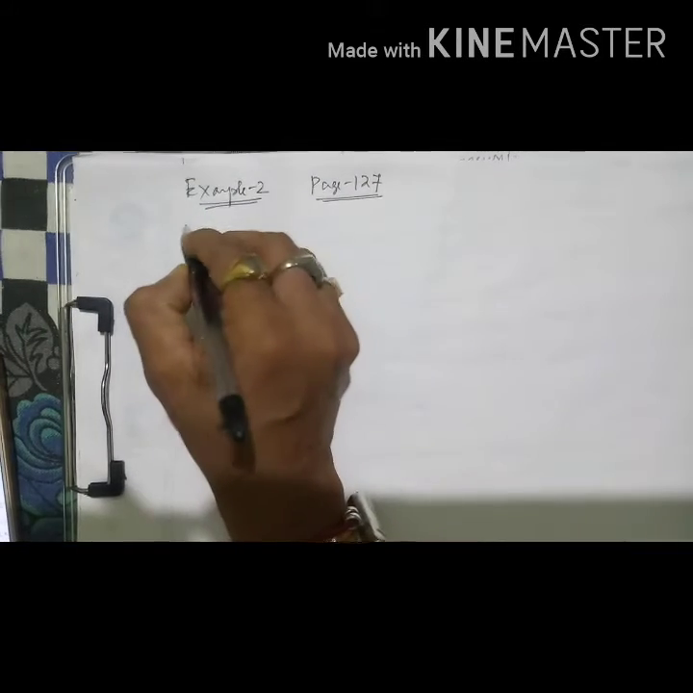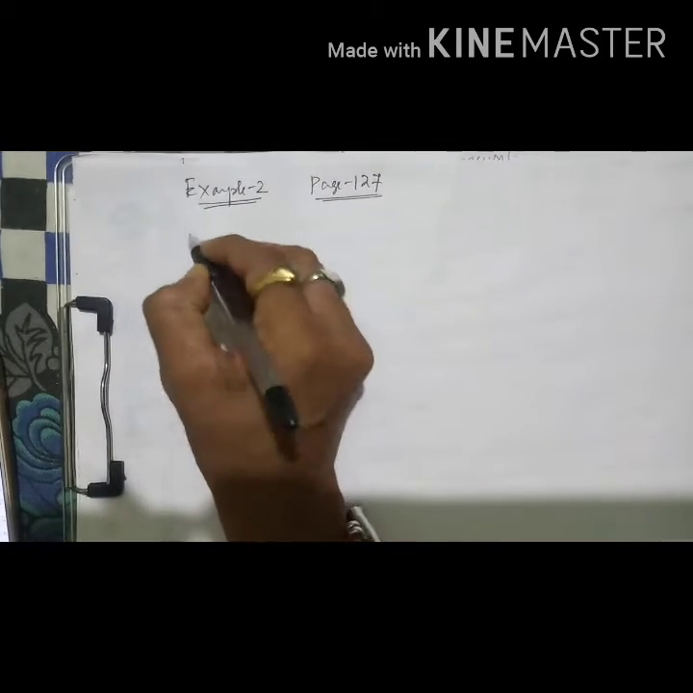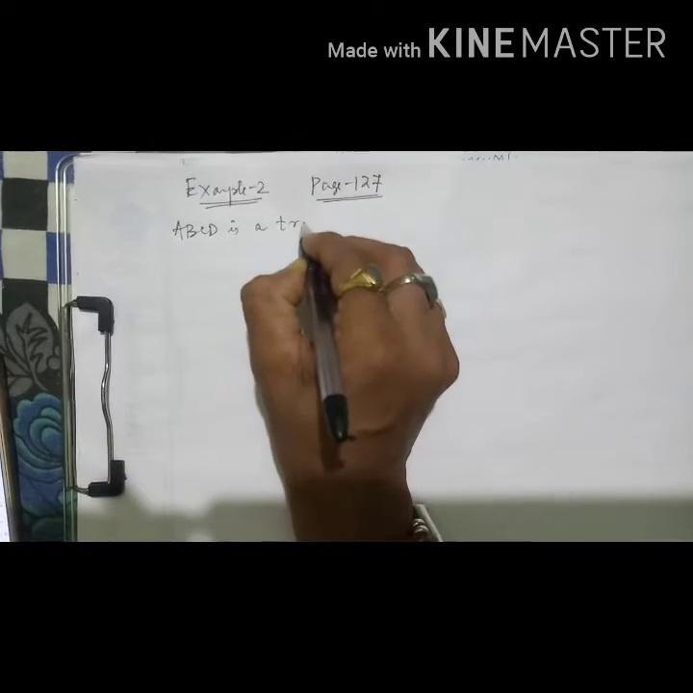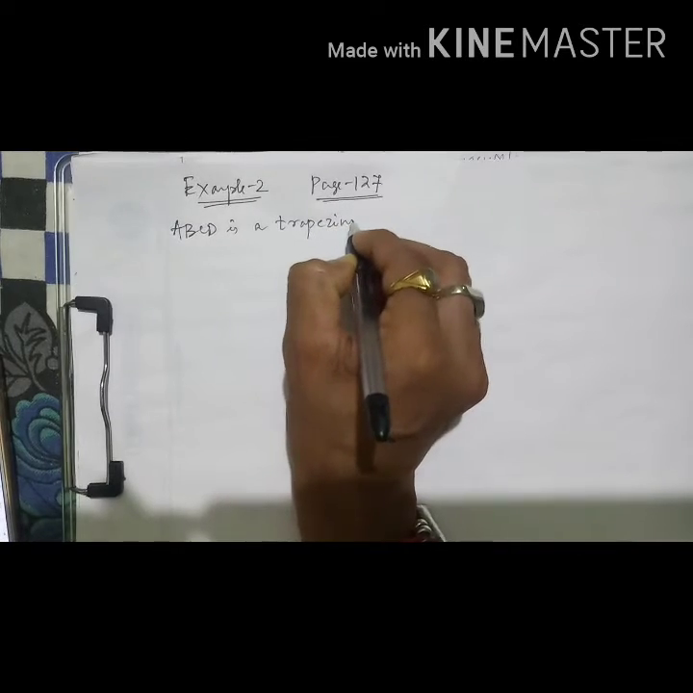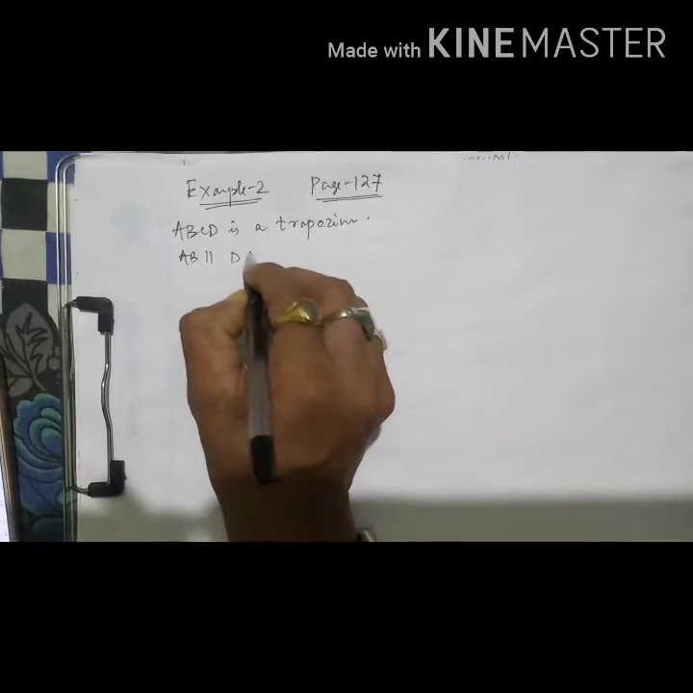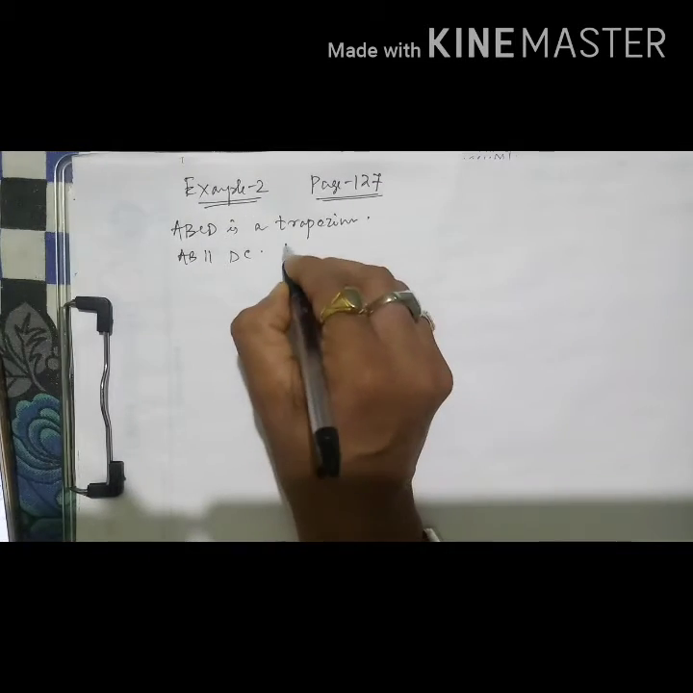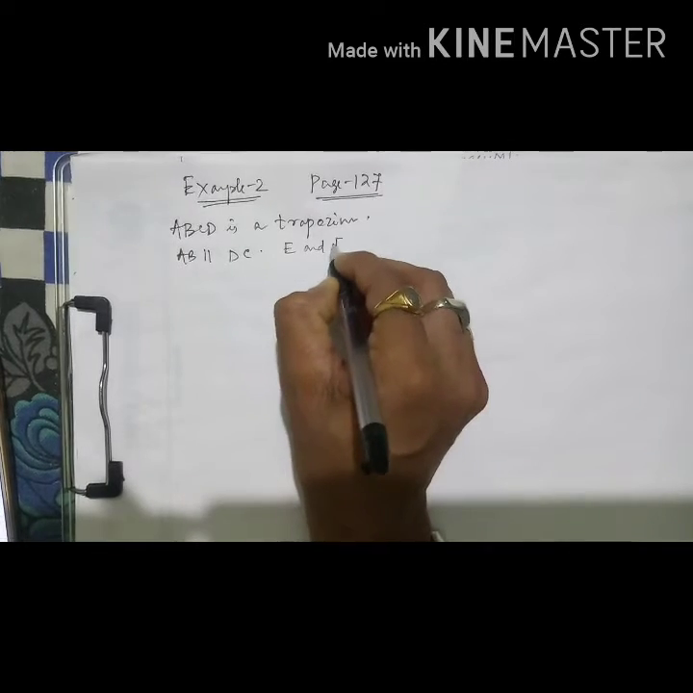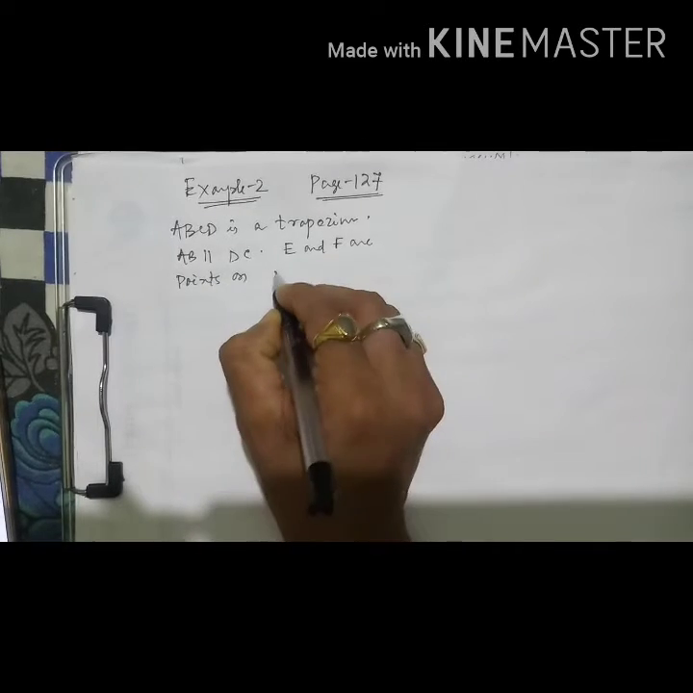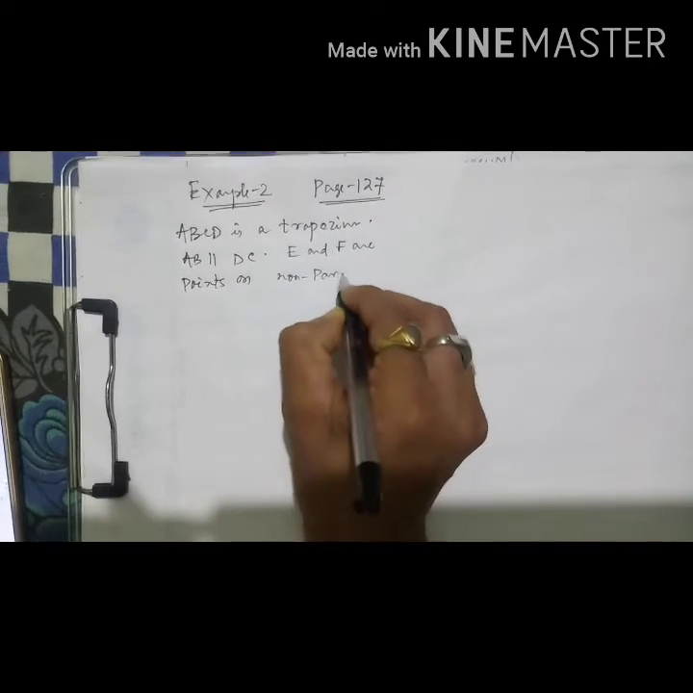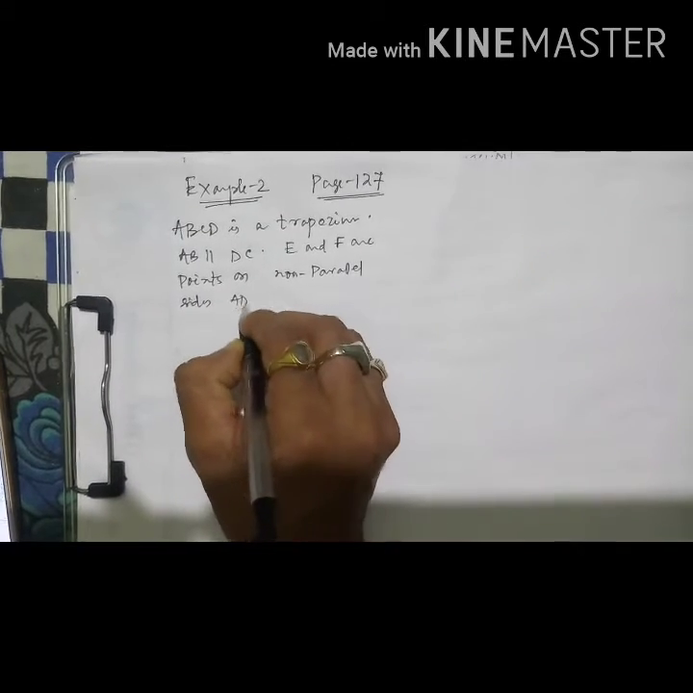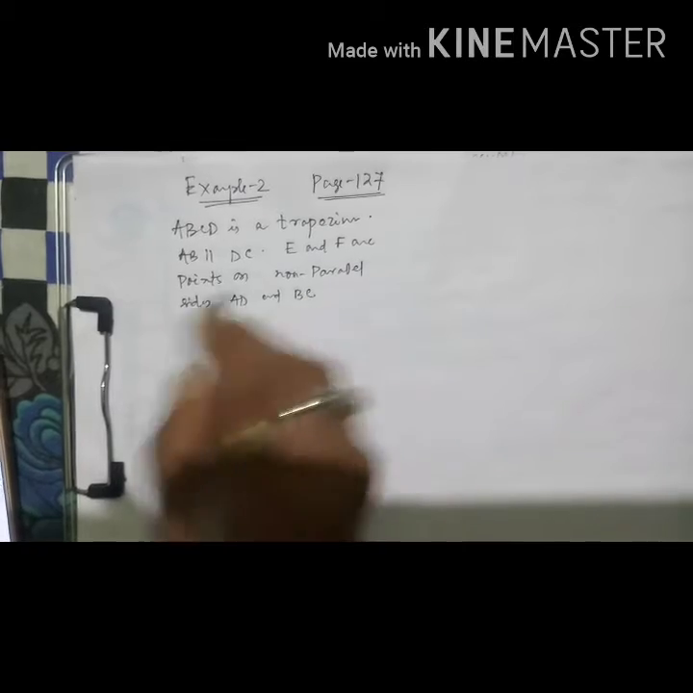Here is the question: ABCD is a trapezium, with AB parallel to DC. E and F are points on non-parallel sides, on non-parallel sides AD and BC,